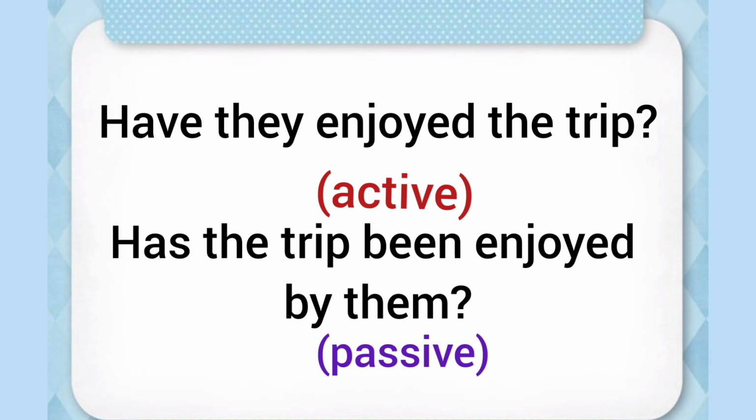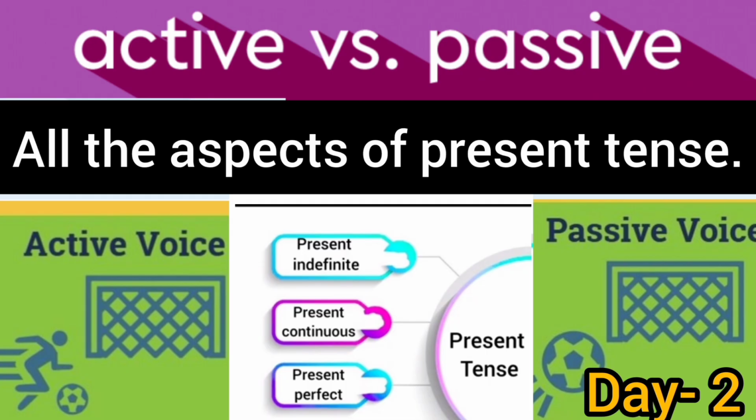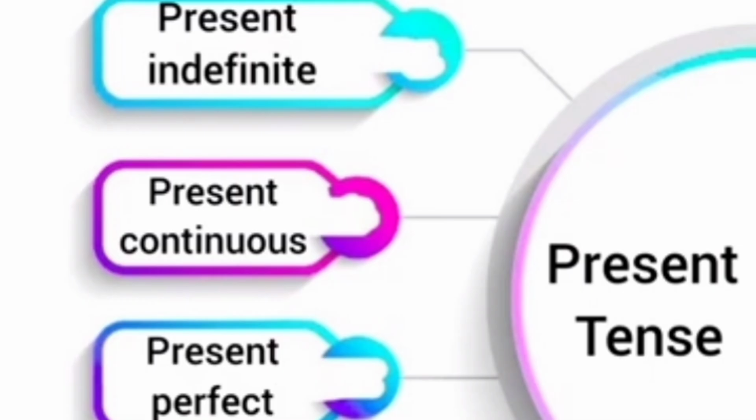Have they enjoyed the trip? Has the trip been enjoyed by them? So this was all about active passive voice for present tense and its aspects, that is indefinite, continuous and perfect tense. Just go through your practice, keep practicing and